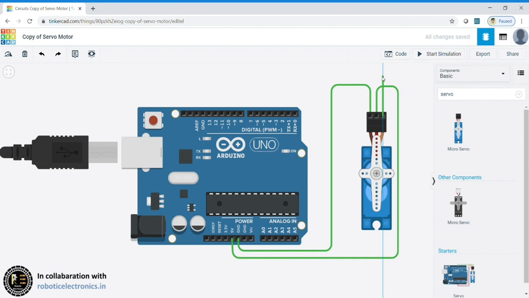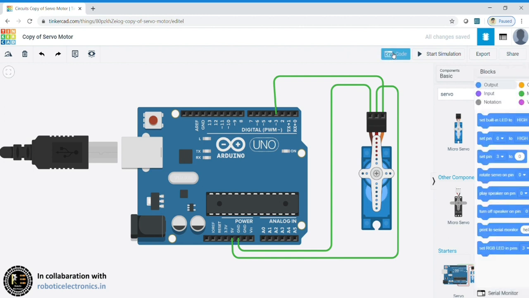Now you can connect the signal pin. The servo works on the PWM principle, so we shall connect it to pin 3, which is a PWM pin. In this way we can connect the servo motor. Now the connection of the servo motor is complete. This is all about the connections.